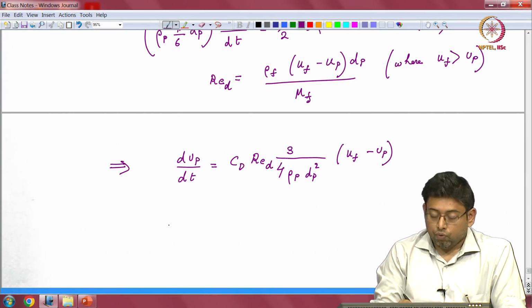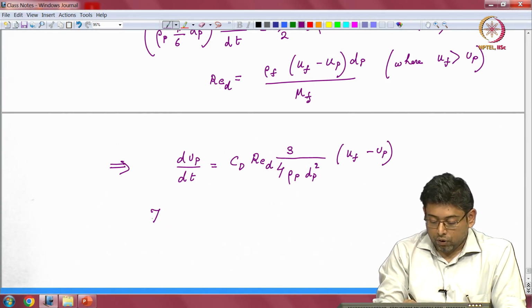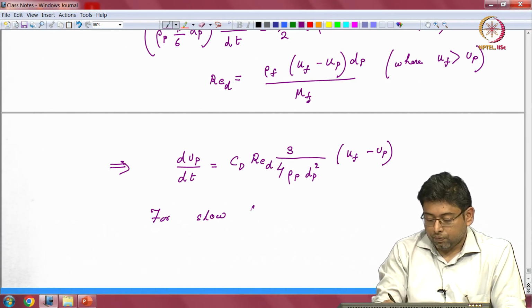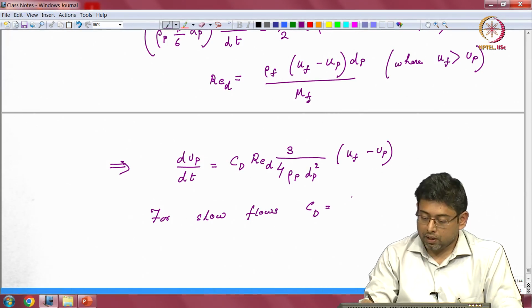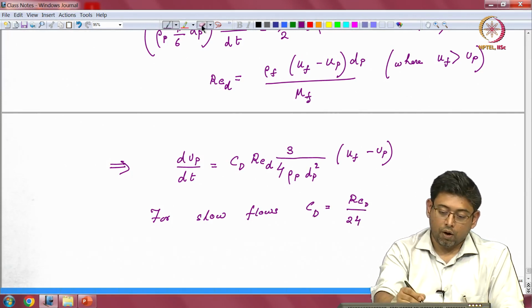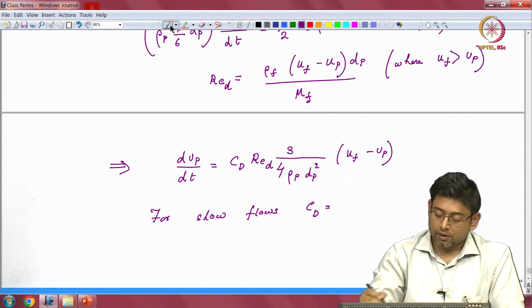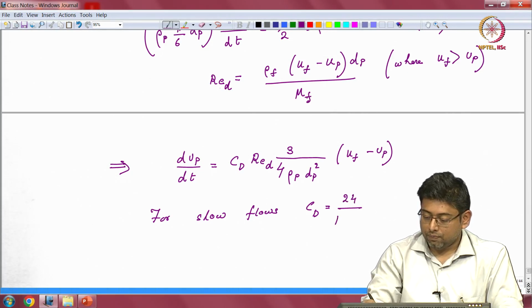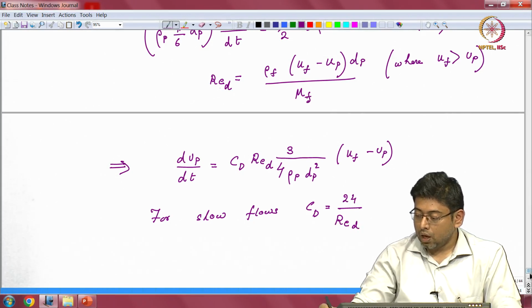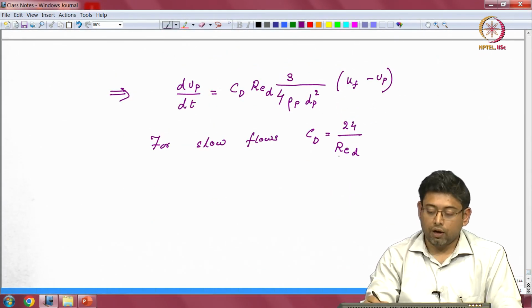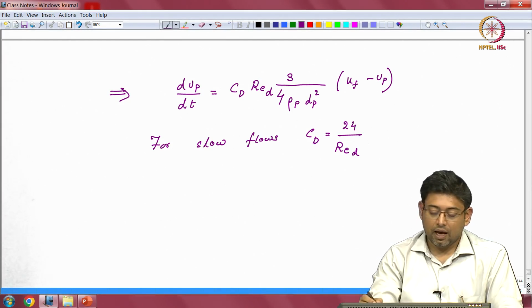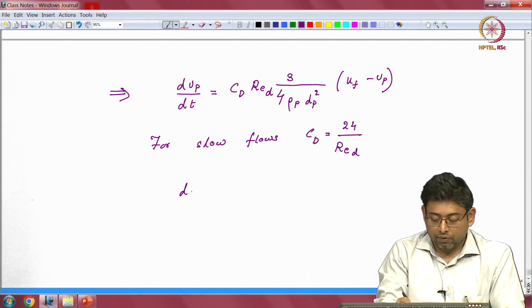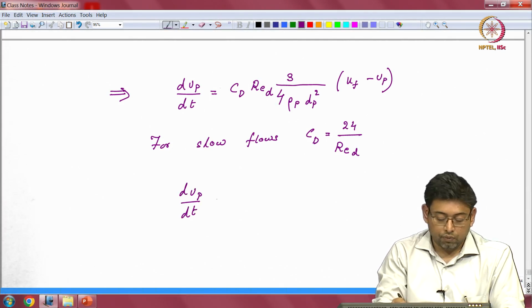Now what is the value of CD? Well, for slow flows, we can assume that my drag coefficient for a sphere is 24 by Reynolds number. I am sorry, I said it reversed, it's 24 by Reynolds number. If you introduce this value of CD into the above equation, now you can see why we introduced Re_D. It cancels, and you end up with a more simplified expression for my dUp/dt, which comes out to be